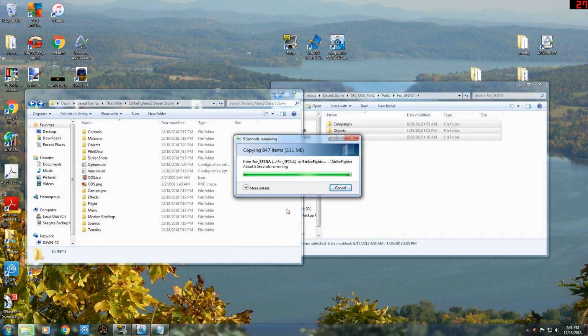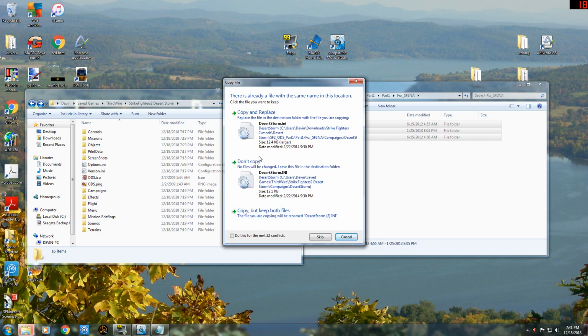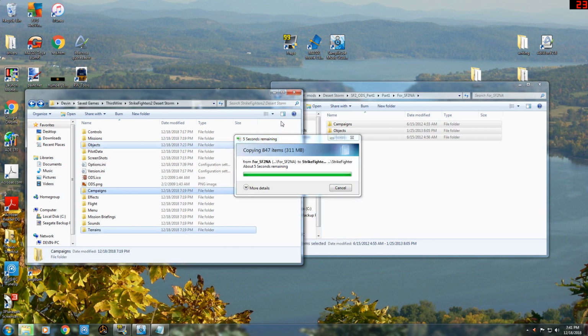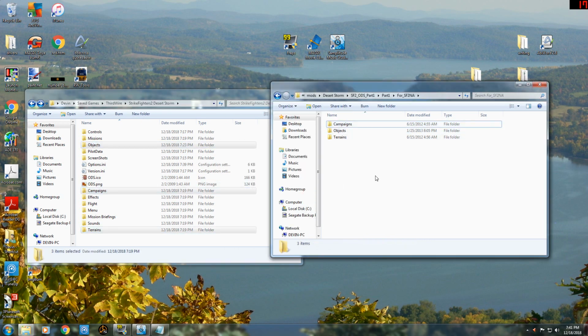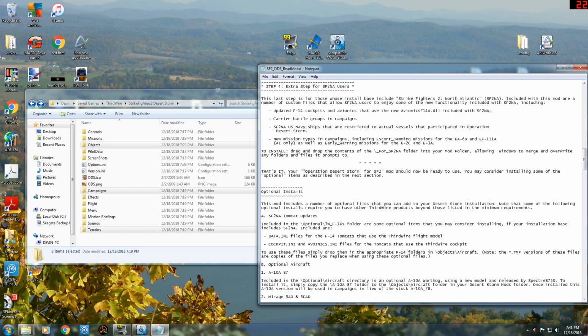And then hopefully this is the last time that we're doing this. And we're going to copy, replace, do for the next 32 conflicts, copy, replace. And it is complete. If we look back at the README, it outlines the various optional installs that the mod